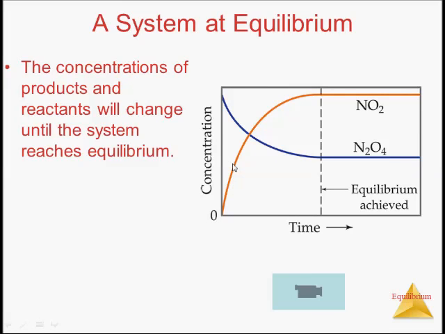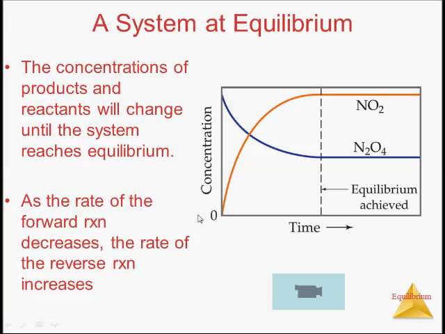So if I start off with all N2O4, obviously that is going to react and the amount of my N2O4 is going to get lower as some of it changes into NO2. And if I started with 0 NO2, obviously that amount is going to go up as some of the N2O4 changes into it. So as we go, the forward reaction is actually going to get slower. Notice it starts real fast when there's lots of N2O4, but as it goes on, my reaction slows down. Whereas the reverse reaction kind of does that as well. It starts out slow, and then it speeds up,